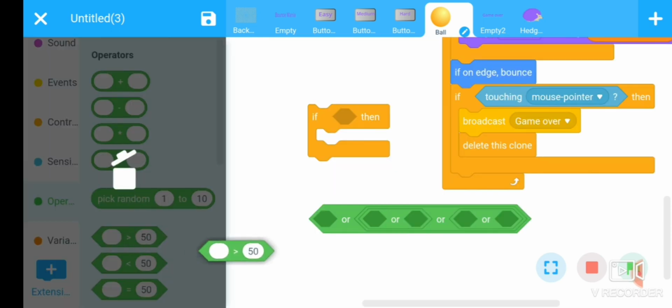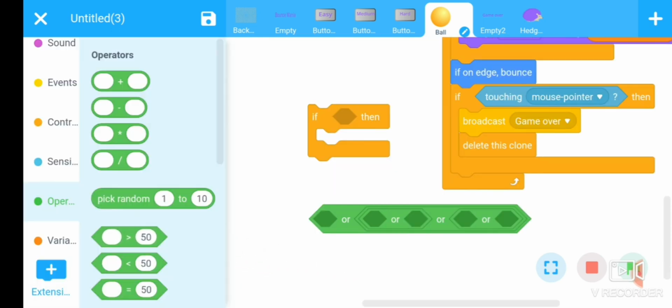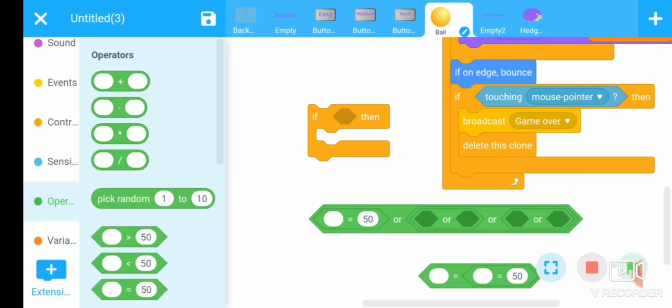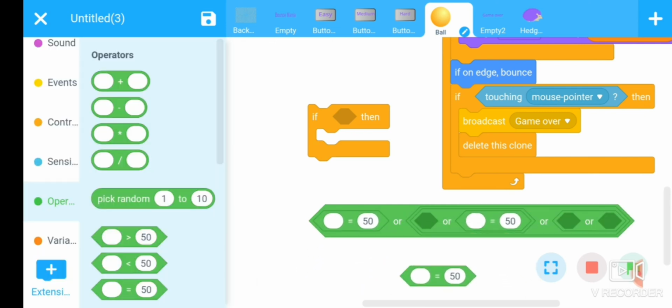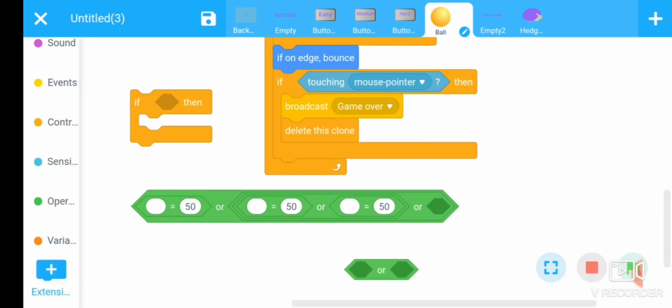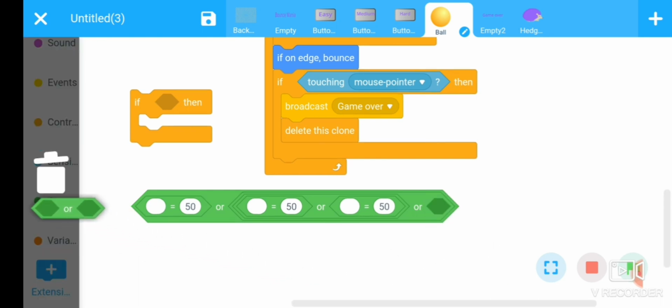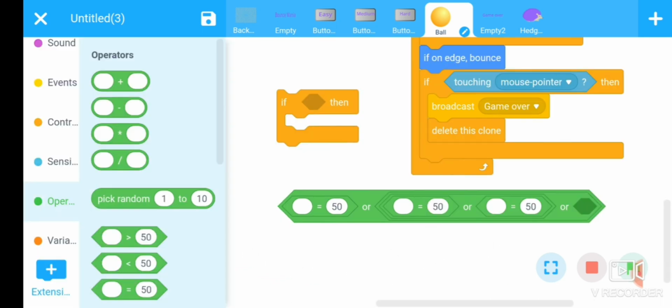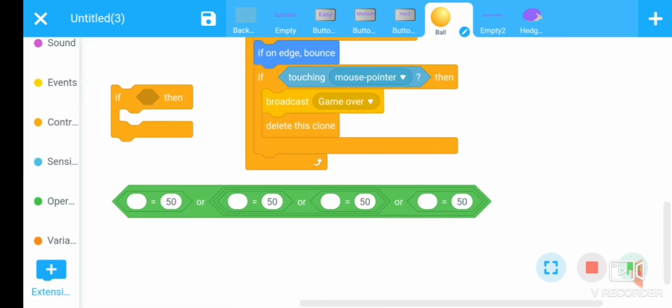Now use the equal operator. Put this equal operator here, this one also here, one more, yes, one more. Fine.